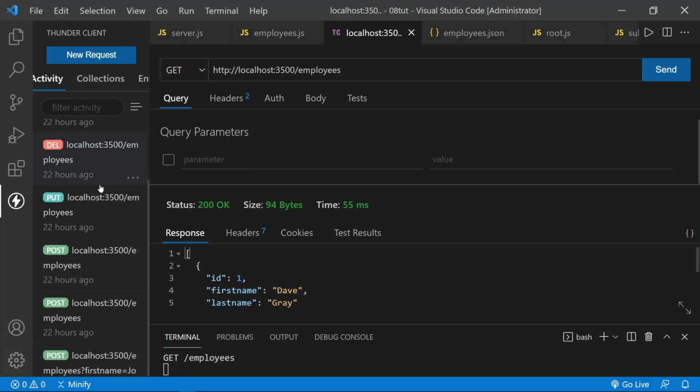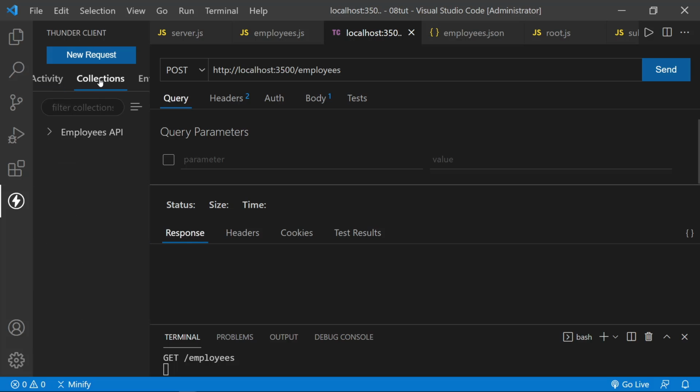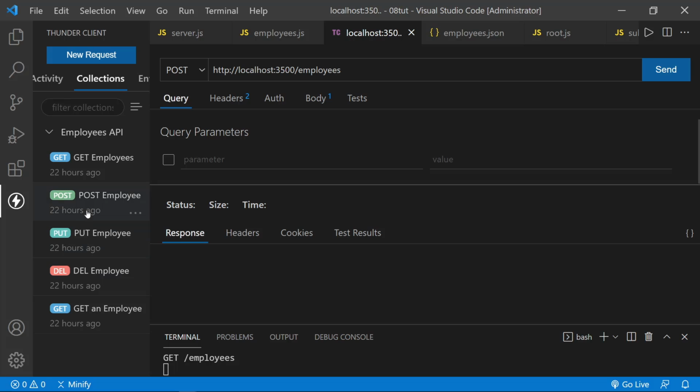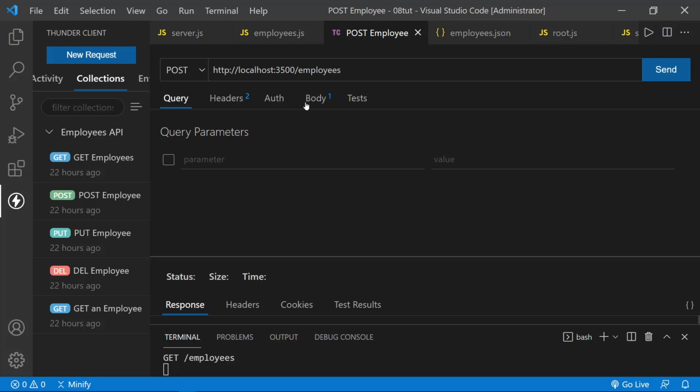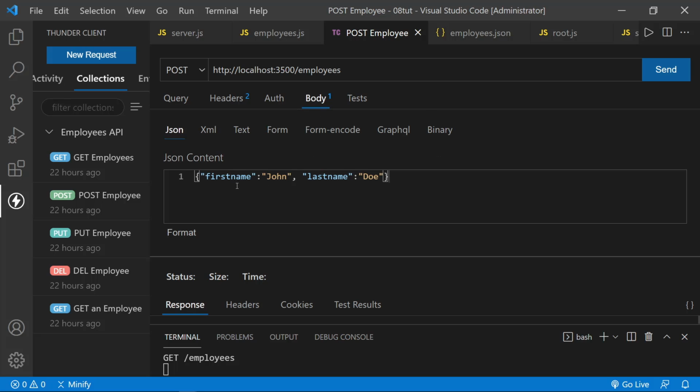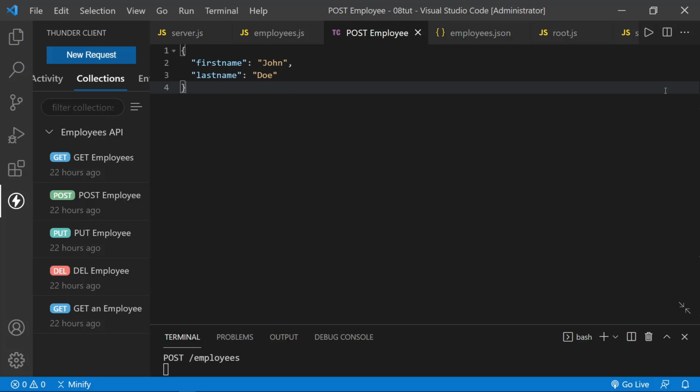So now after testing the GET route, let's go ahead and test the post route. So I'll choose that from our list. Well, let me go to collections. I believe I saved everything there. There we go. Let's choose post. And now we're once again going to the employees route, but it's got post. Let's look at the parameters and see if those were saved. And it should be under body actually. There we go. And I'm posting a new employee named John Doe. So let's see if we get that in return. We'll send that, and let's look at what was returned. Yes, we got John Doe sent back to us,